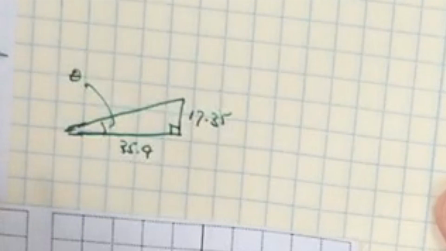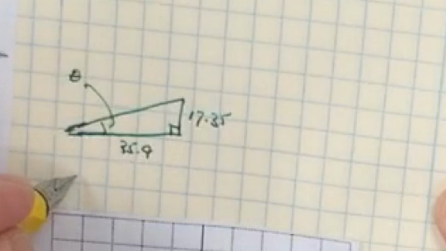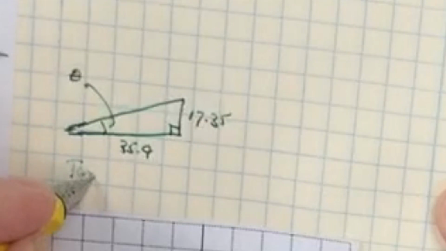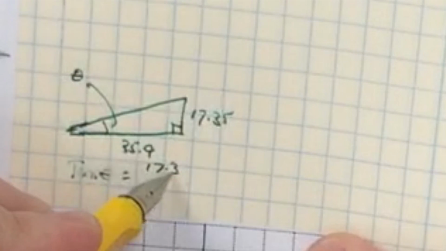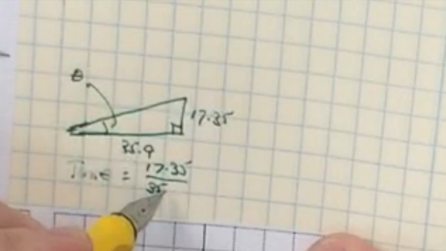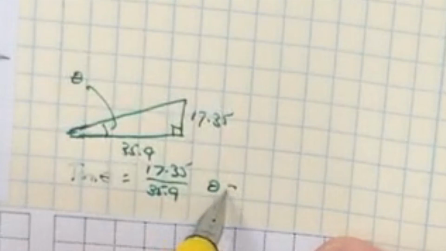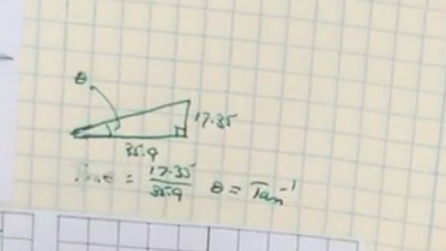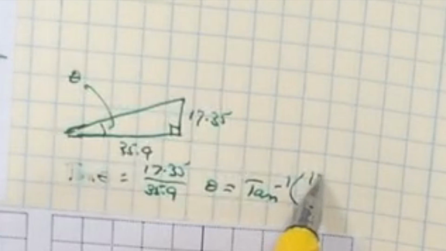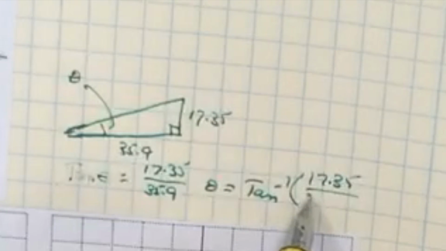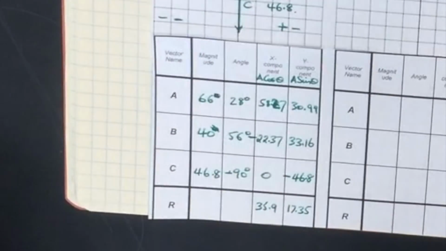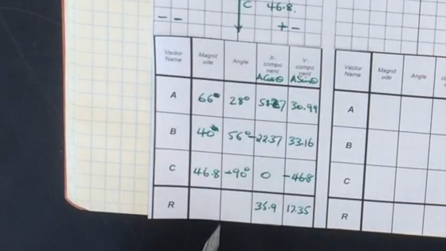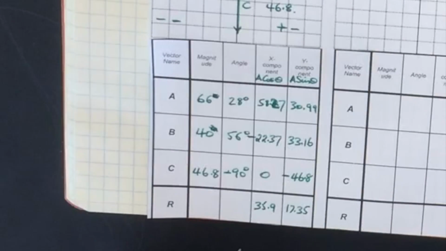So I'm going to use tangent, which of course is opposite over adjacent. And I'm going to say tan theta equals 17.35 divided by 35.9, or theta is equal to the inverse tangent, tan to the minus 1, of 17.35 over 35.9. Make sure your calculator is calculating in degrees for this particular problem, not radians. And the inverse tangent of that is